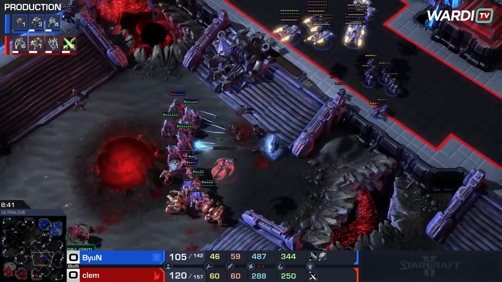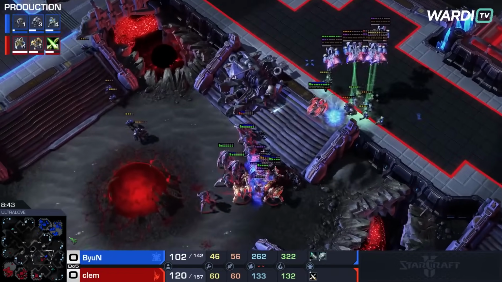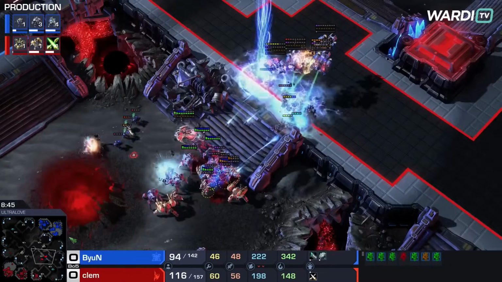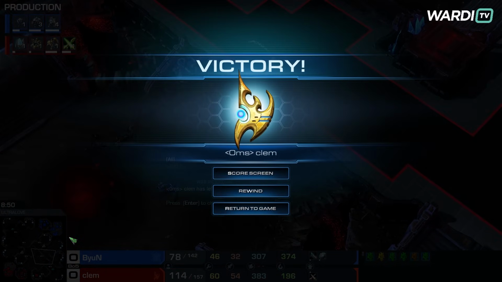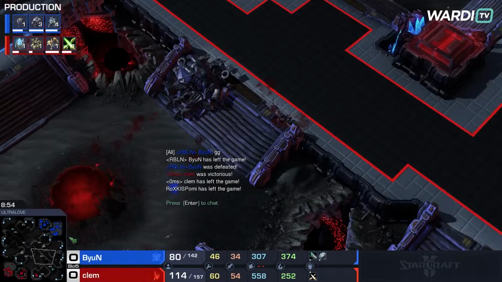Clem comes chasing forward with the rest of this Protoss force, and this feels like ByuN just gets completely ripped apart now, because this is not a game where ByuN is setting up on a third base or anything. Like, this is ByuN's entire game. So him not winning with this attack or doing something with this attack, it just getting pushed back, is a disaster in his...